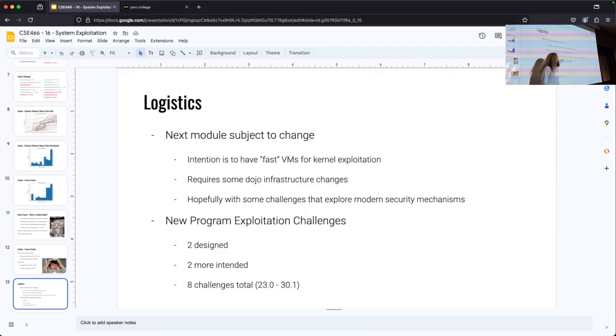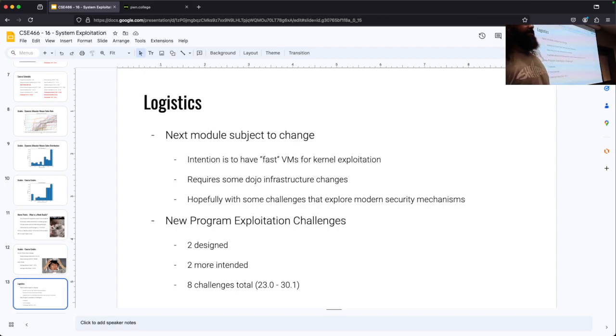And then additionally, for the kernel module in particular, one of the benefits of having this newer hardware is that it supports some security mechanisms that it would be great for us to explore and/or discuss. So depending upon how much of that stuff gets done by next week, Friday, if that all gets done, we'll launch kernel as intended.